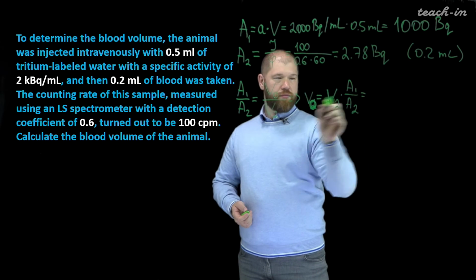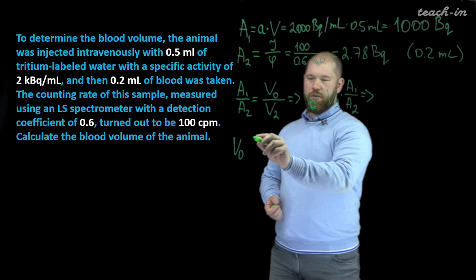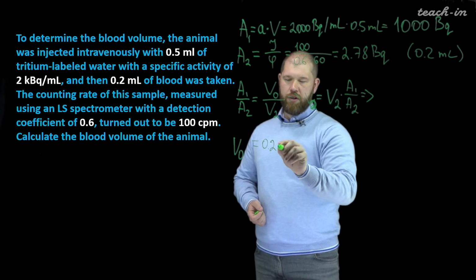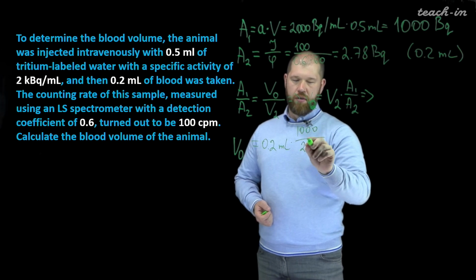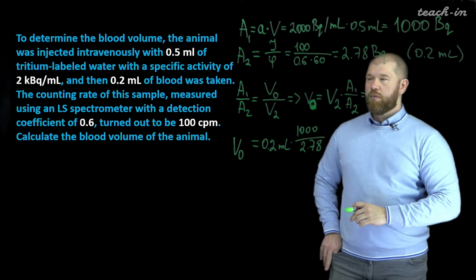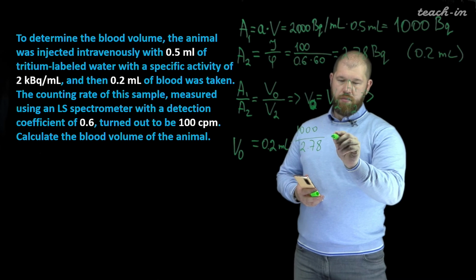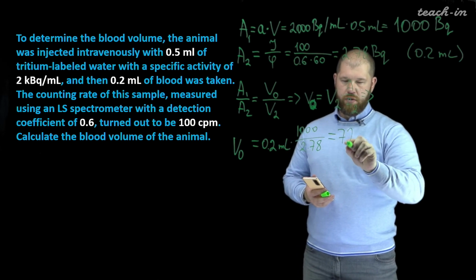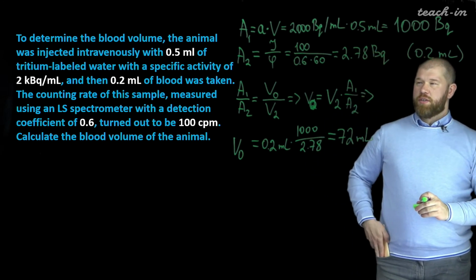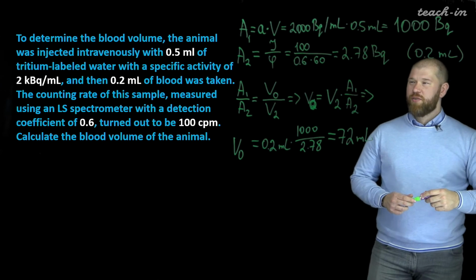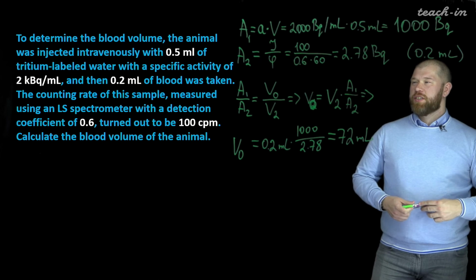And thus, the blood volume in the animal will be equal to 0.2 milliliter multiplied by 1000 becquerels divided by 2.78, and thus we will get 72 milliliters. So it is some small animal, as we can see from this whole blood volume, but it is a very